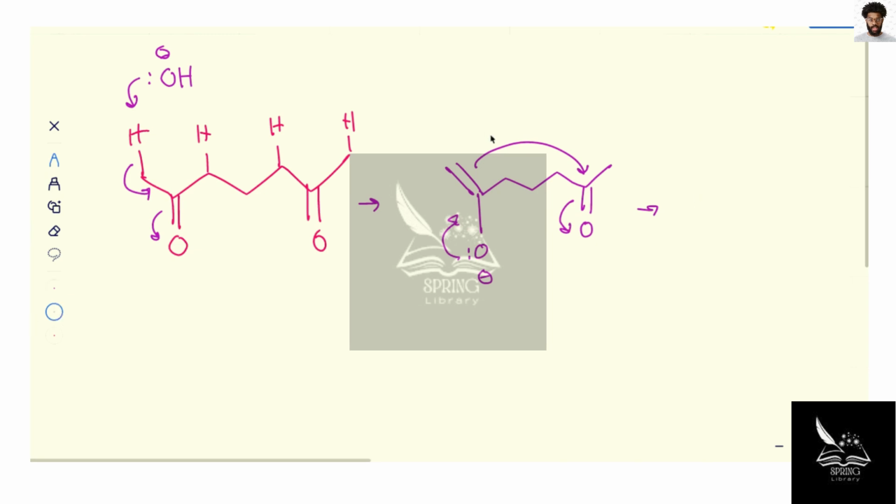And if it helps, we can number these 1, 2, 3, 4, 5, 6. So basically, we could just draw any old 6-membered ring. Doesn't matter which. And we just know that there's going to be a carbonyl on carbon 2. So maybe we'll number these 1, 2, 3, 4, 5, 6. Okay, so we know we have a carbonyl on carbon 2. Okay, and we know that carbon 6 has an alkoxide. Okay, and that's really all we have to worry about